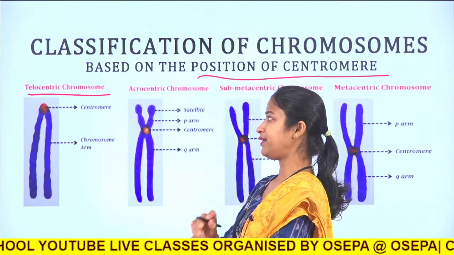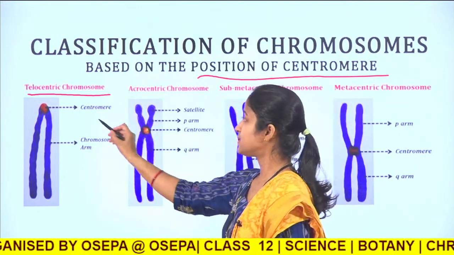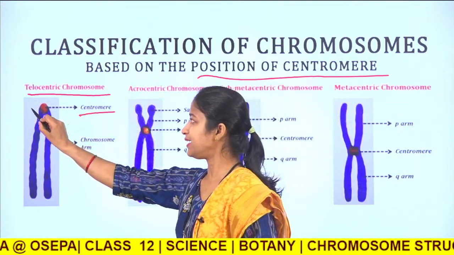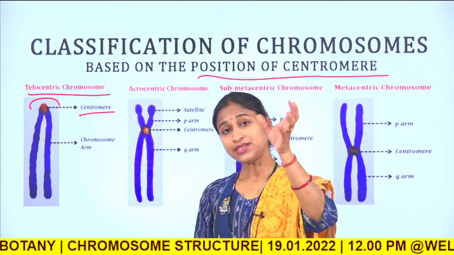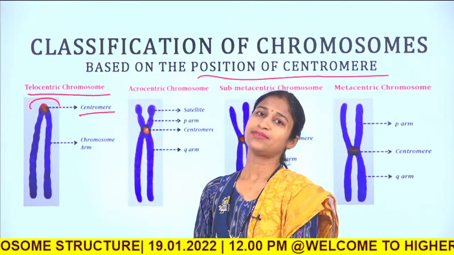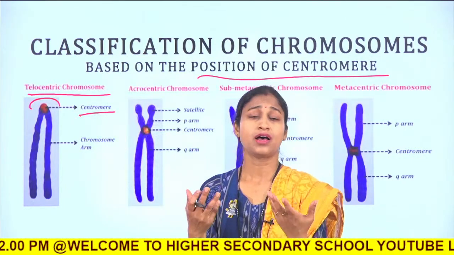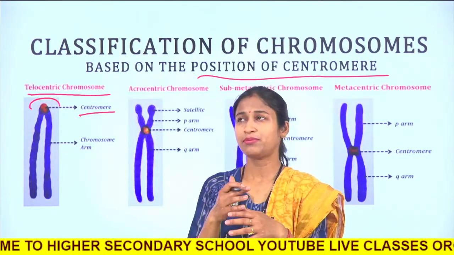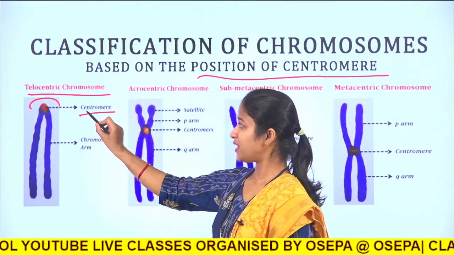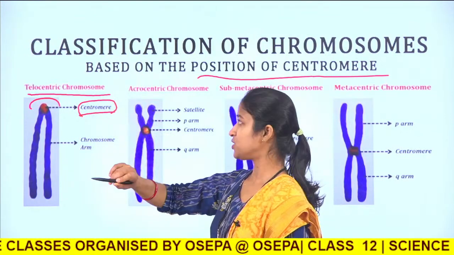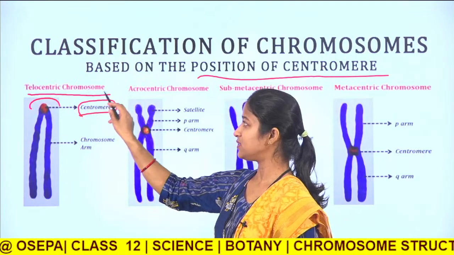Now, the telocentric chromosomes are what kind of chromosomes? Where the centromere is present at one terminus, okay. That means where there should be telomere, we have centromere, okay. So, the telomeric end and centromeric end have no distinction, okay. So, when the centromere is positioned at the location of the telomere, it is called as telocentric